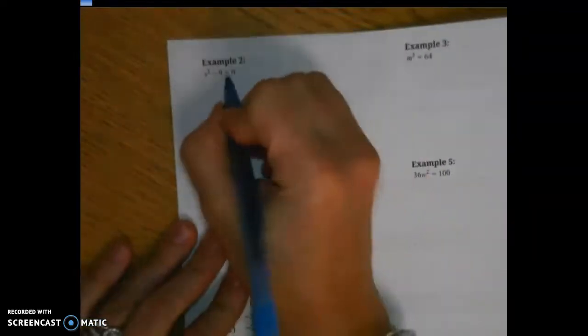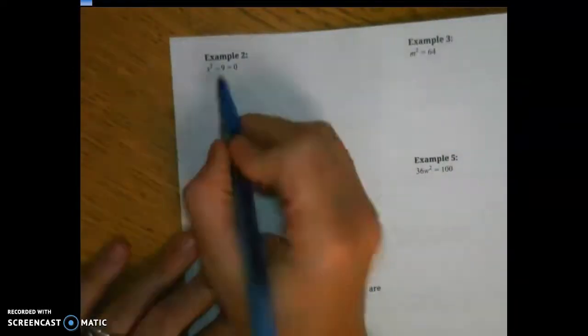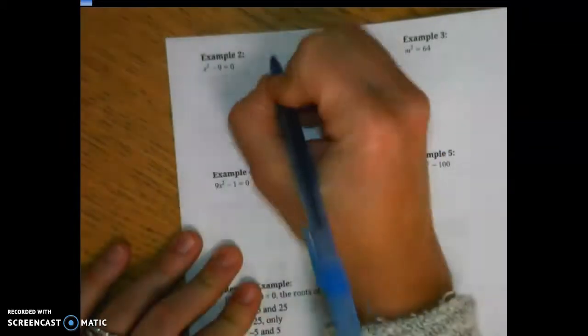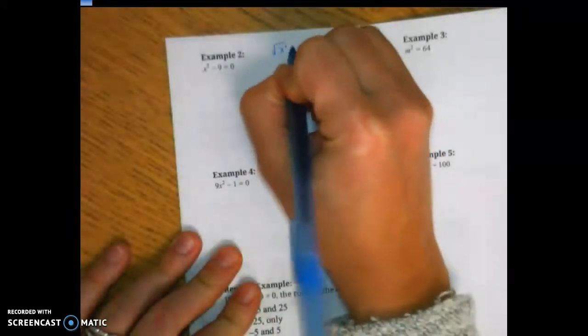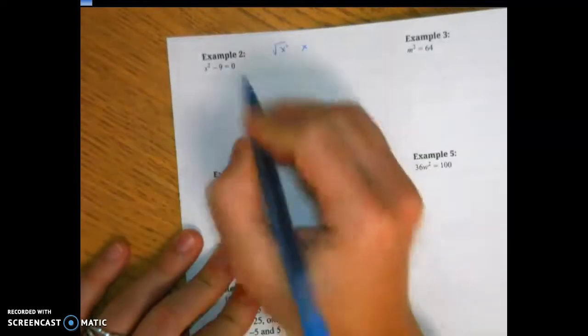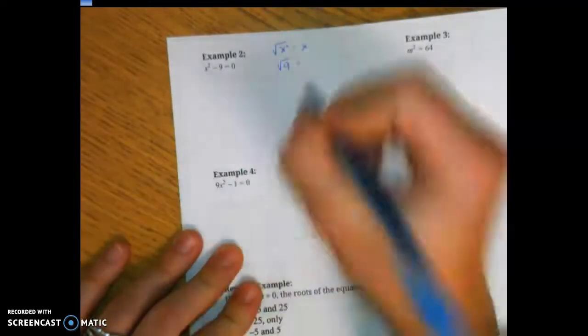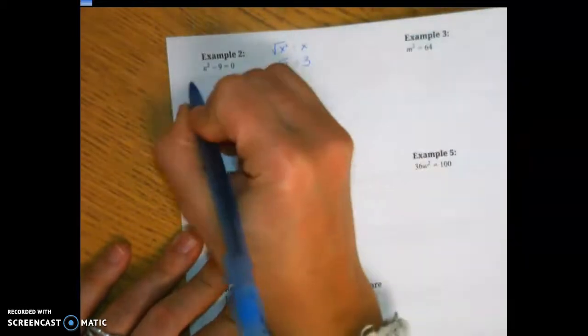Okay, hopefully you tried example 2, and since it's already set equal to 0, we're going to factor the left-hand side. It's the difference of two perfect squares, right? Because I have x squared, which is a perfect square. The square root of x squared is x. And I have a minus 9, and 9 is a perfect square. The square root is 3. So when I set up my double bubble,